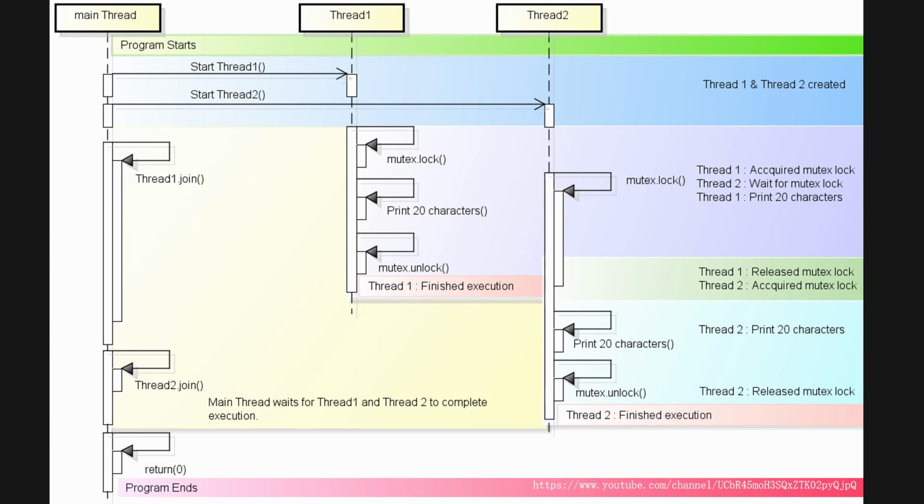One important point here is that std mutex in the standard library is entirely different from Win32 mutex in Windows. The Win32 mutex in Windows is a kernel object, whereas std mutex is not a kernel object. The std mutex is accessible only within one process, whereas Win32 mutex is a kernel object and hence it is accessible across different processes, especially if the mutex is a named mutex. In Windows, std mutex is equivalent to Win32 critical section.